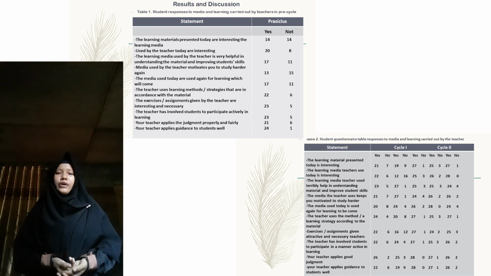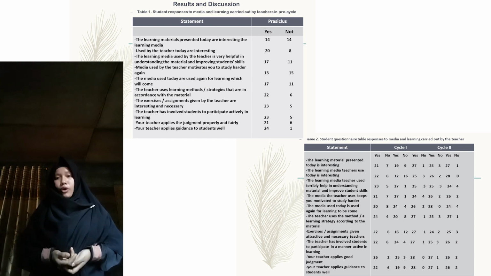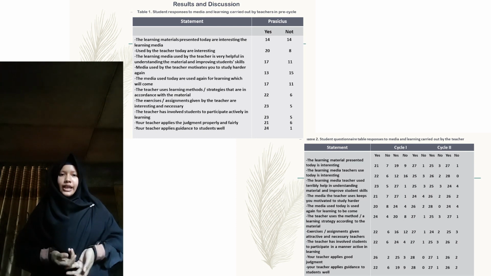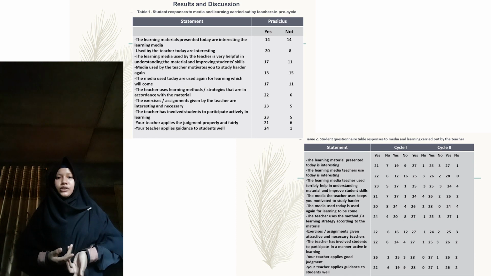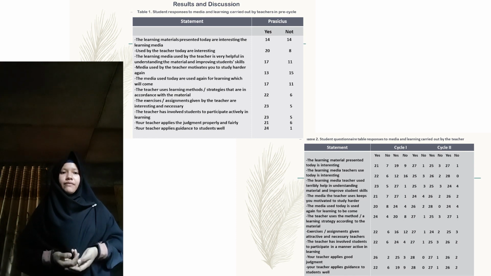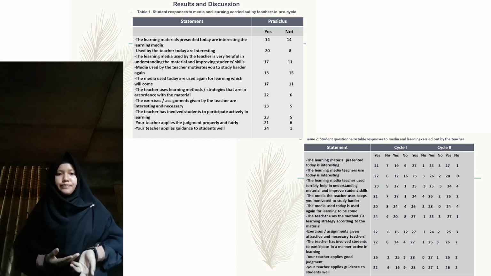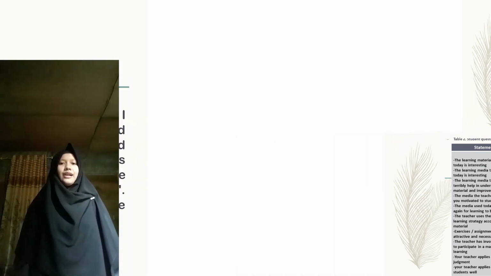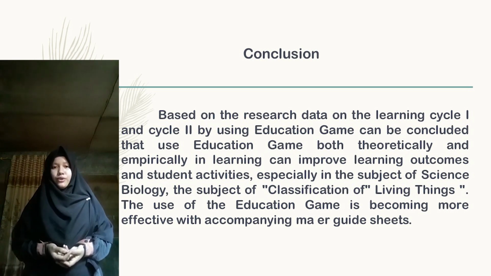The student mean score was 87.5. The highest score achieved by students was 100. The lowest score was 65. Students who completed learning were 88.5%. This has increased the average class value from cycle 1 to cycle 2 by 5.8 points, and an increase in completeness from cycle 1 to cycle 2 by 20.7%. Okay, the conclusion: based on the research data on learning cycle 1 and cycle 2 using educational games,